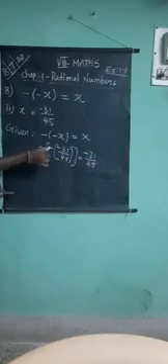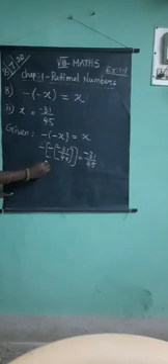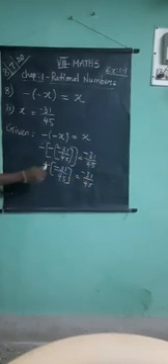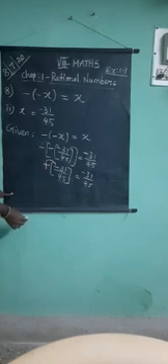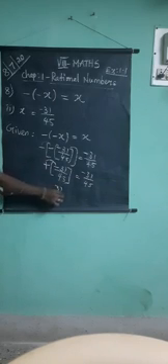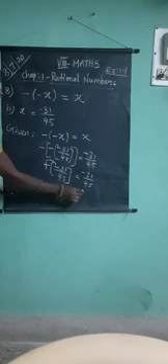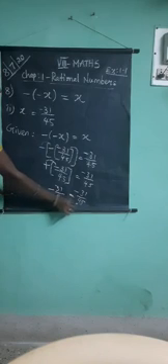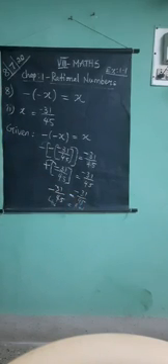Now see, these two minus, minus into minus is plus. So plus into minus 31 by 45 is equal to minus 31 by 45. Plus into minus is minus. So minus 31 by 45 is equal to minus 31 by 45. Now see, LHS is equal to RHS. Hence, it's proved. Are you clear the 8th problem?